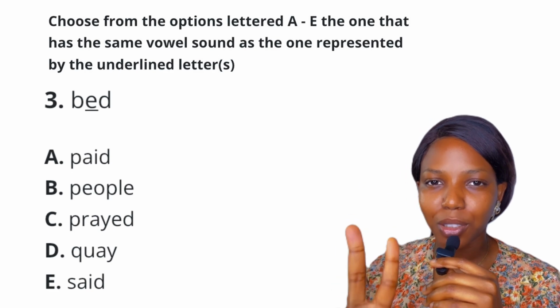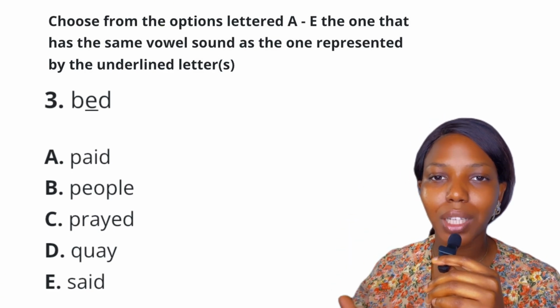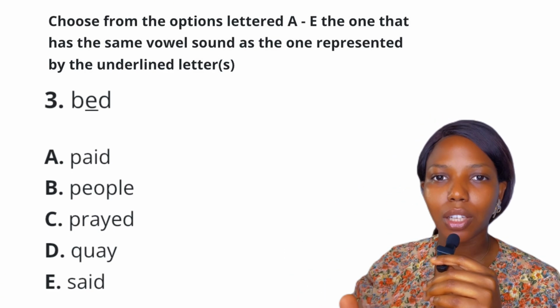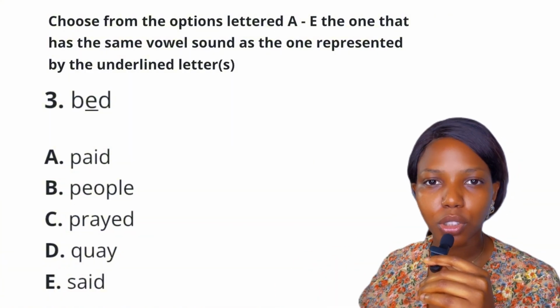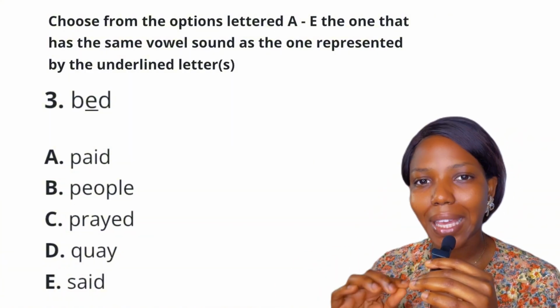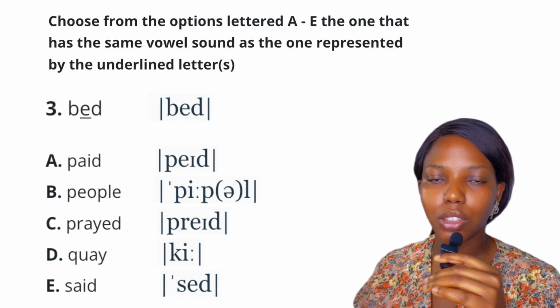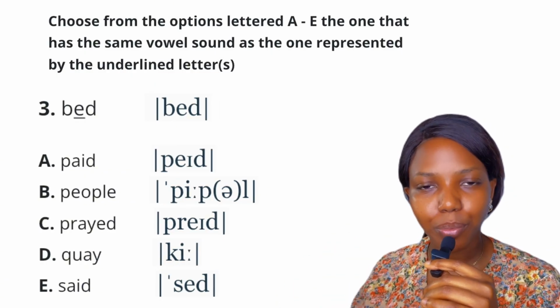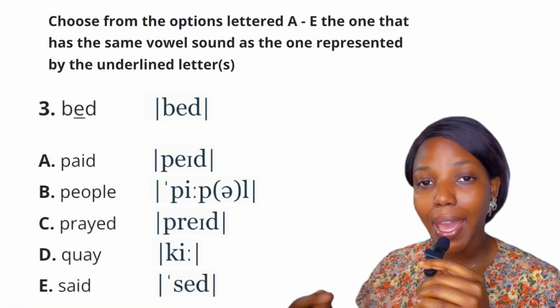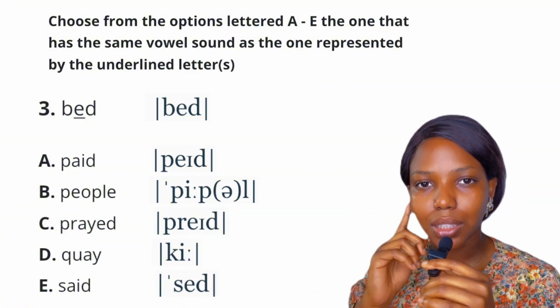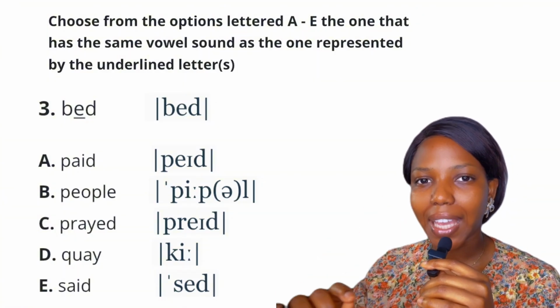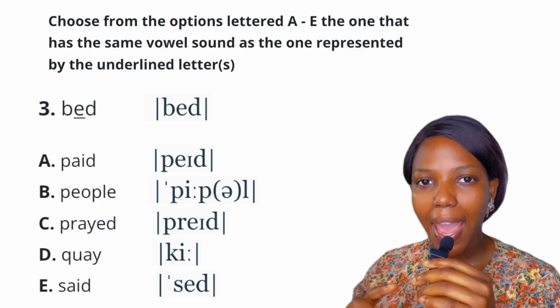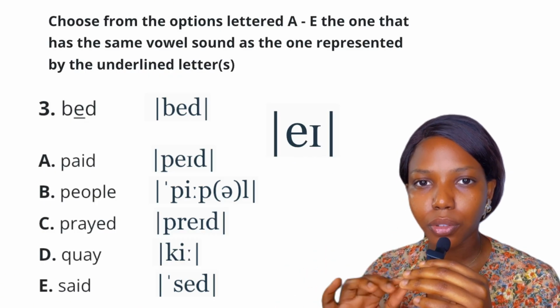There are 2 steps involved in solving this question. First, you need to identify the target sound, and the second step is to eliminate wrong options. The target sound is eh. You can see letter E is underlined in the word bed. B, eh, d. So we are looking for eh. Option A, we have paid. Listen for sound, p, a, and d. So A is a diphthong. It is different from eh.